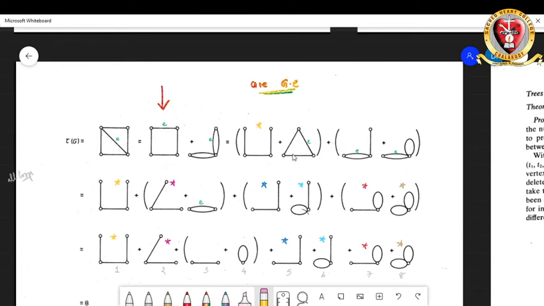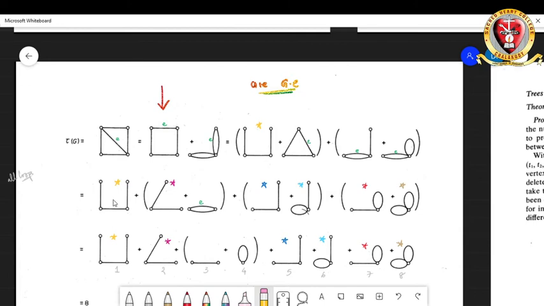Now take the second graph. Suppose choose this as E, then this will be G minus E, and then join both of them together, the end vertices together, you get the graph here. And then for this graph, split it up, you choose this as E, remove it, and then adjoin it together, so you get the graphs here. And for this graph, choose E, and then adjoin it together to get this. So you obtained this much graph.